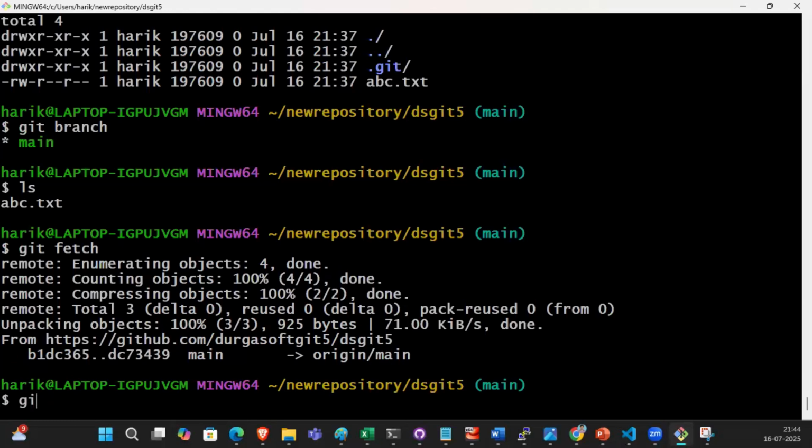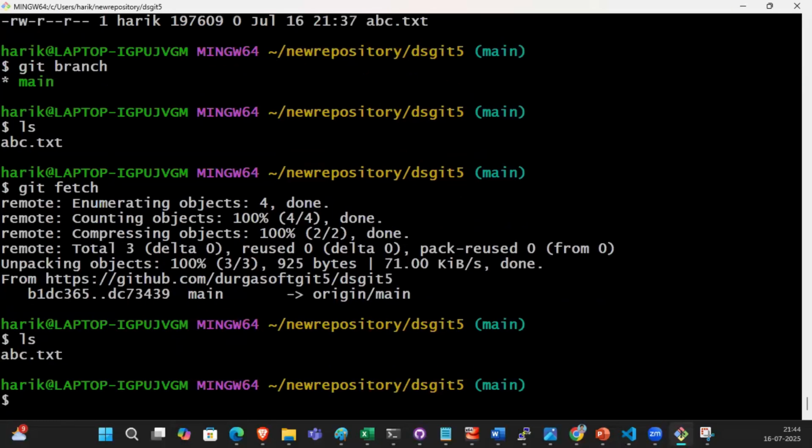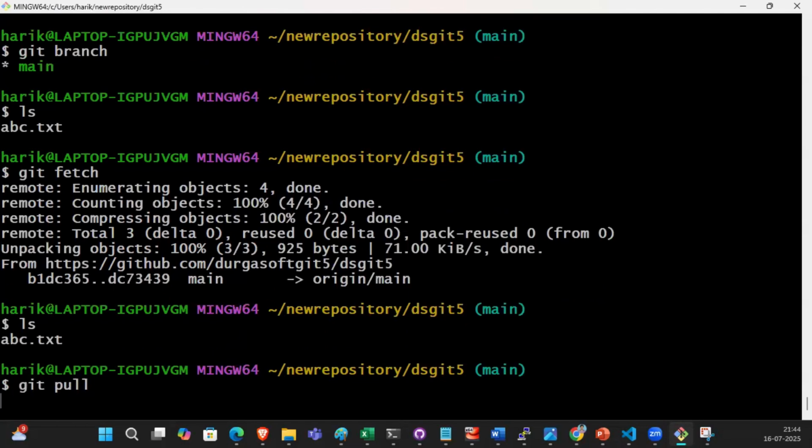Git ls. If you use git fetch, the file still has not come here. Now you understood that? The file has not reached here, correct? Yes. If you use the git pull command,